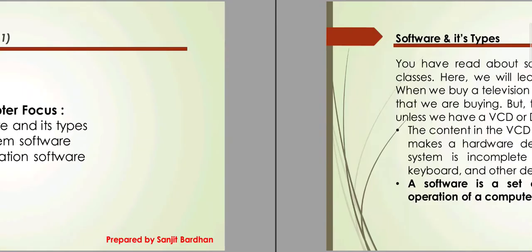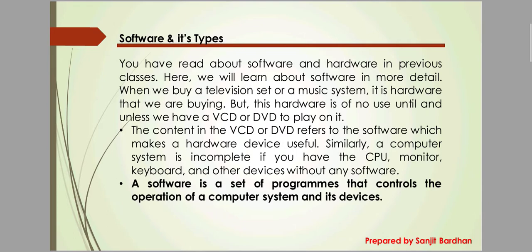So let us start the discussion. Here you can see, you have read about software and hardware in previous classes. Here we will learn about software in more detail. When we buy a television set or a music system, it is hardware that we are buying. Okay, that means जब हम लोग कोई भी टेलीविज़न सिस्टम और म्यूज़िक प्लेयर बाई करते हैं, वो एक हार्डवेयर सिस्टम